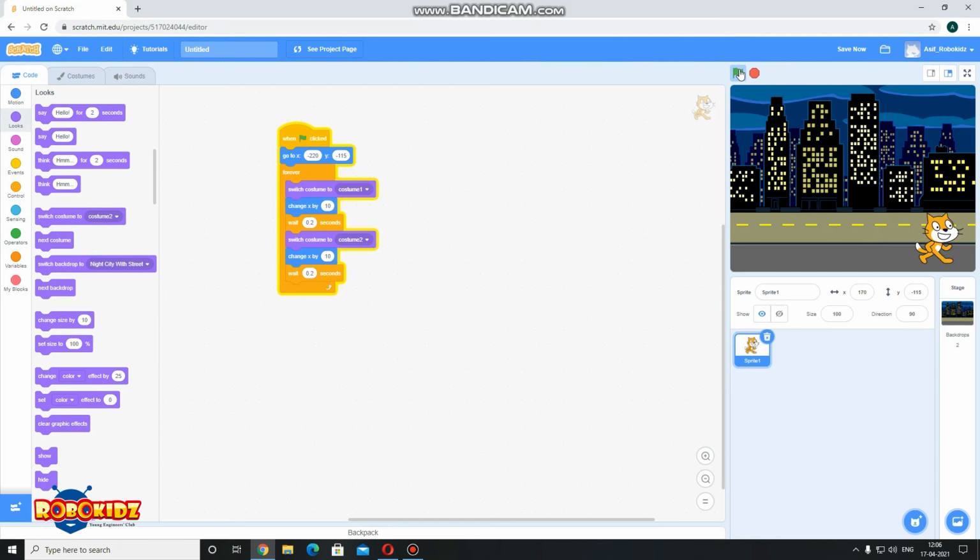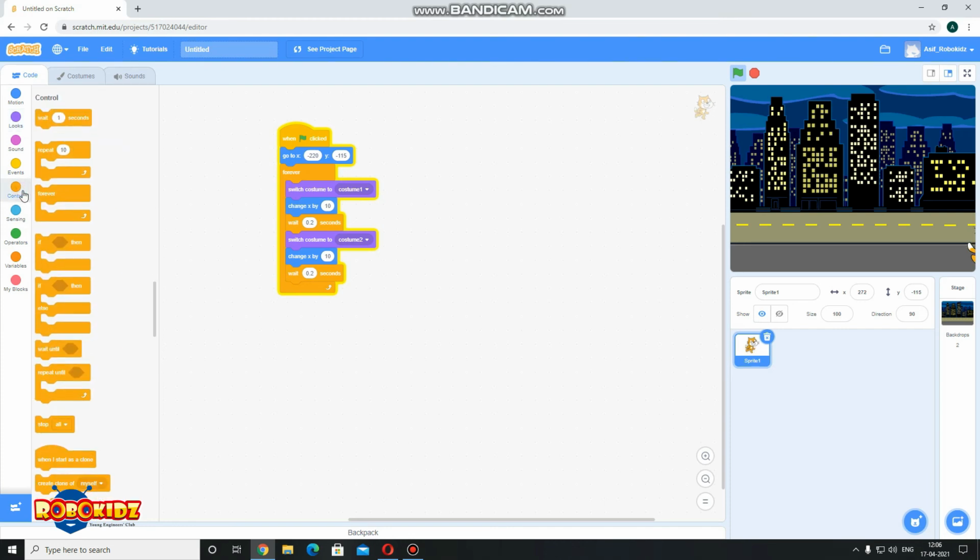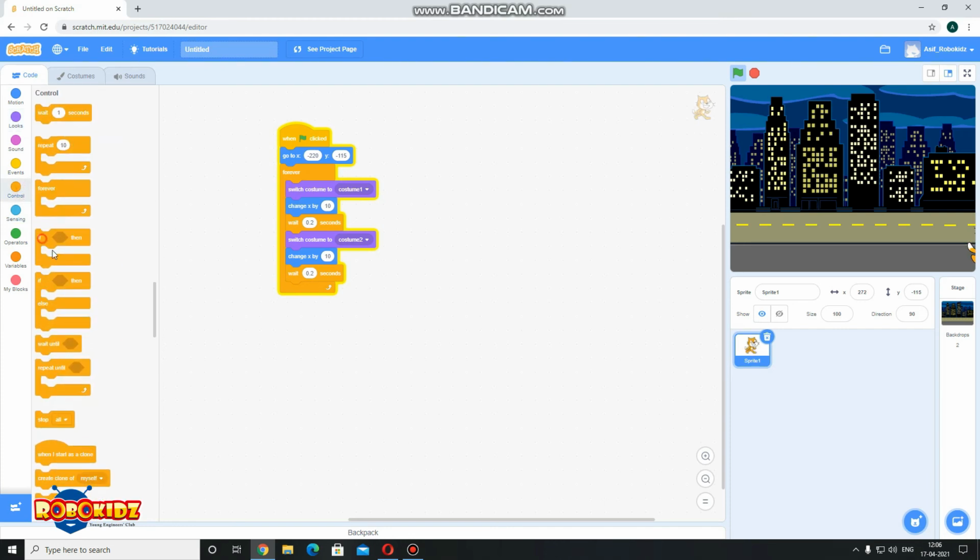Now we actually want the cat to restart when it reaches the end. Now the cat is not coming back, as you can see. What we want is the cat to come back to its starting position. And how to do that? For that, we can add a special block called the if block. Now if is a conditional block. I can fit a condition inside it, and if that condition is true, then whatever block I add inside if will happen.